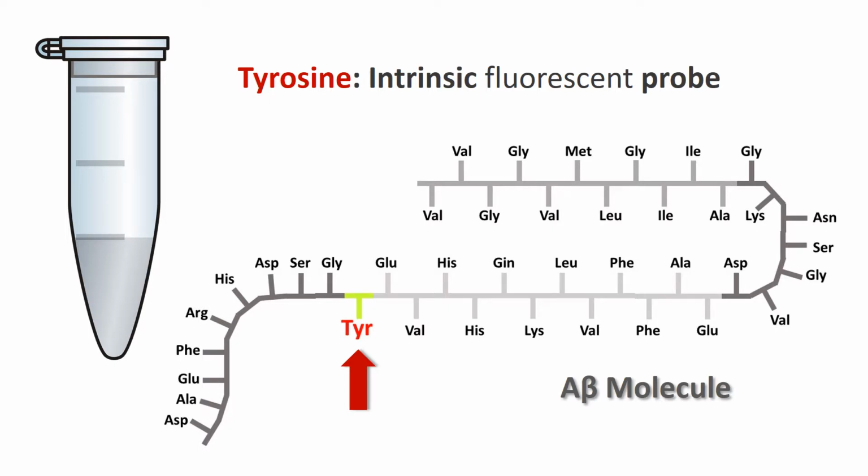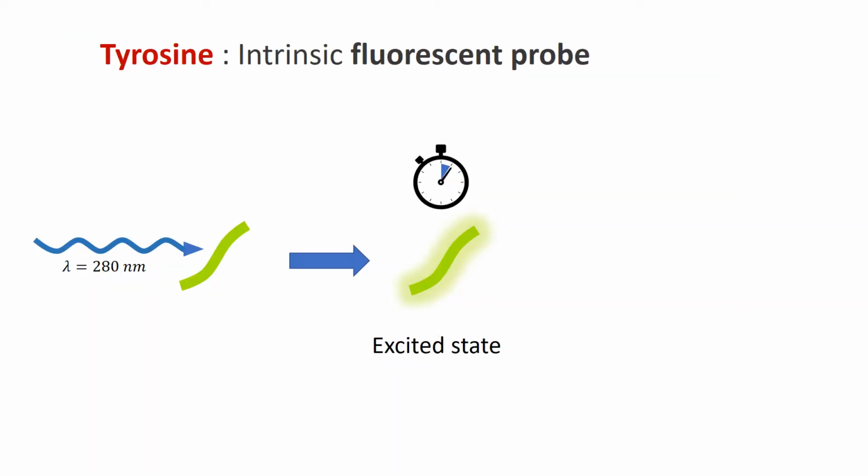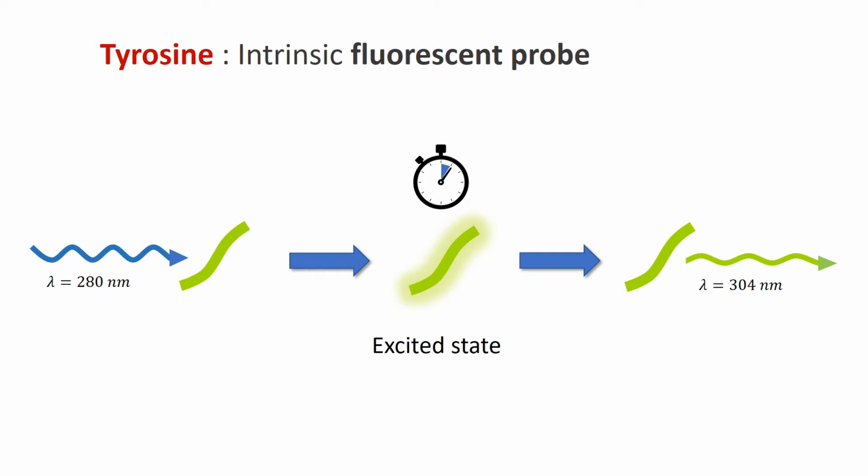Now, fluorescent means that when light of a specific wavelength is shined on tyrosine in beta amyloid, it gets absorbed instantly and the molecule becomes excited. The molecule remains in the excited state for a very short while, say a few nanoseconds. It loses part of the energy it absorbed during this time. Then it releases the remaining energy it absorbed by emitting light of a longer wavelength. This process is called fluorescence,